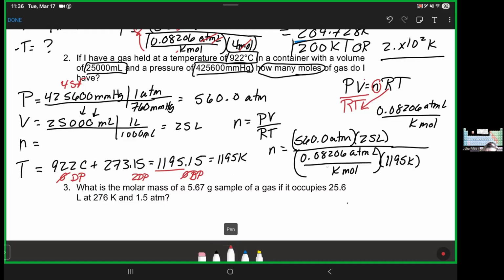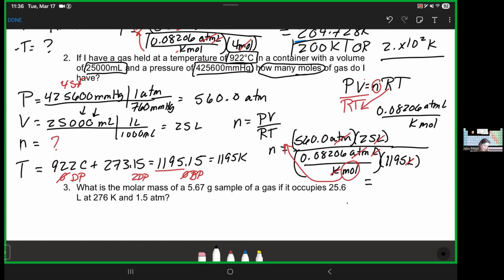And you see that your atms cancel, liters cancel, Ks cancel, moles, which comes to the top because it's a fraction on the bottom of a fraction. So I'm left with moles, which is what I'm looking for because that's what they're asking us for, how many moles. So now when I do that math, I got,